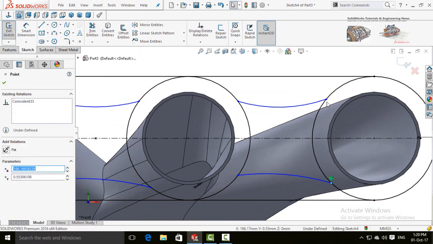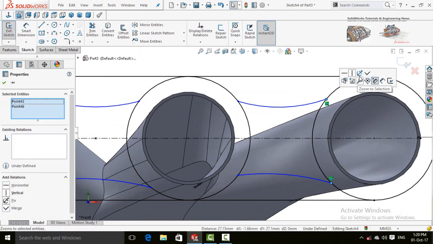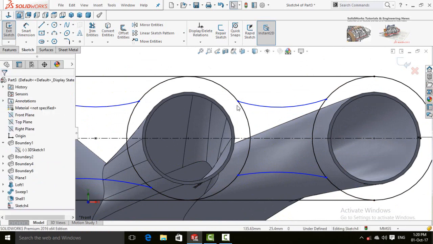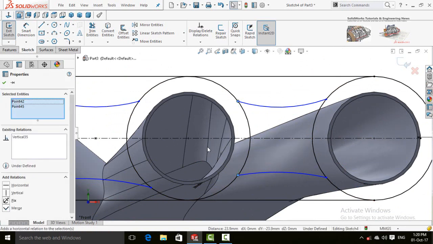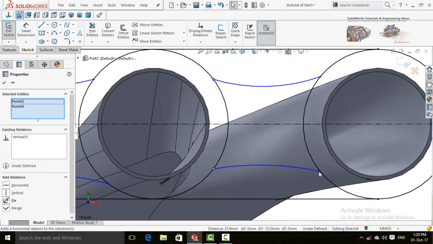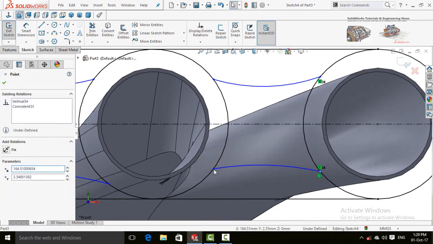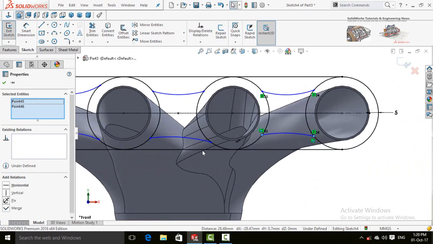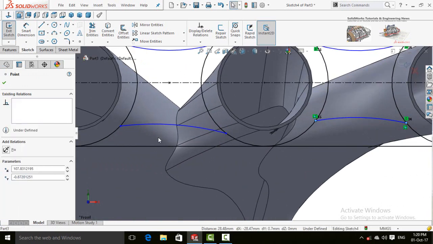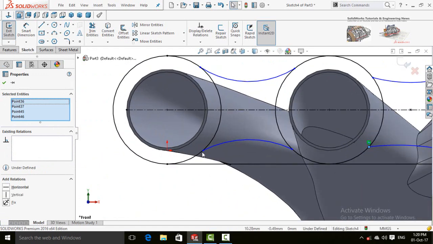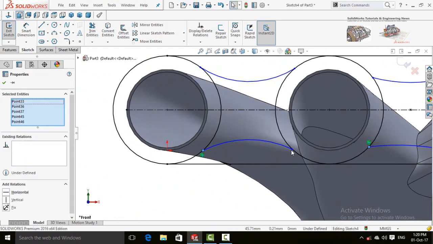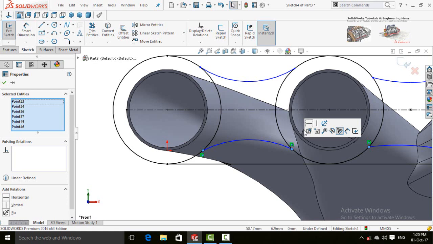Now press and hold Control key and select both of these points, make them vertical. Same for this side, make vertical. Now select all these points one by one and make them horizontal.